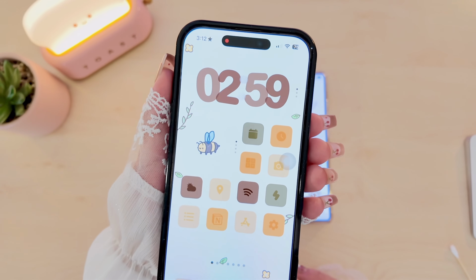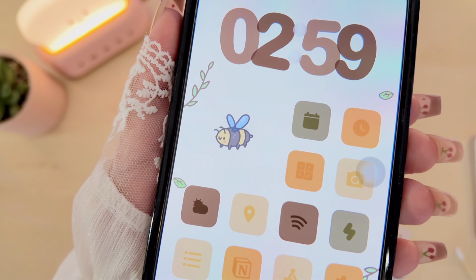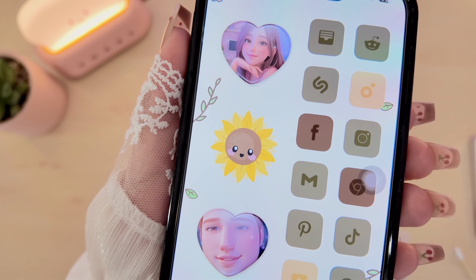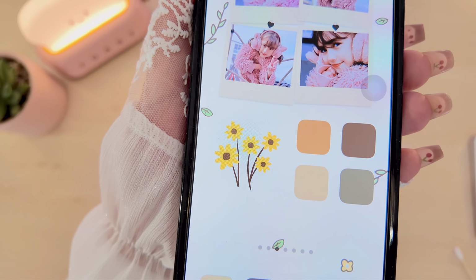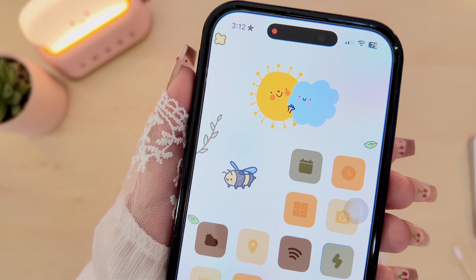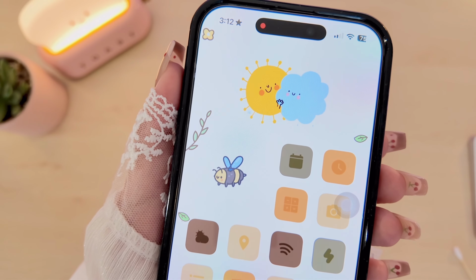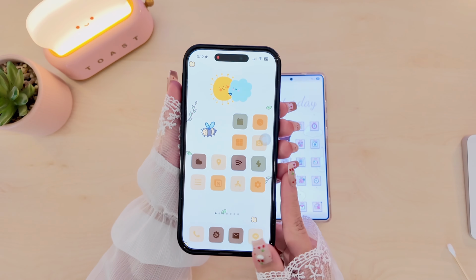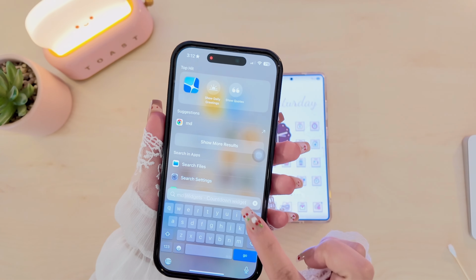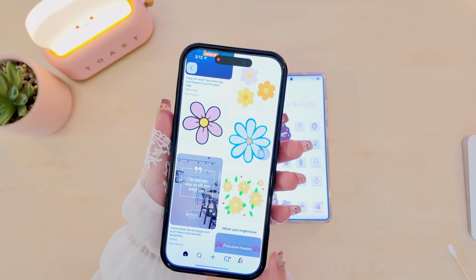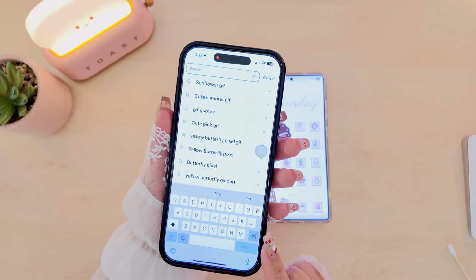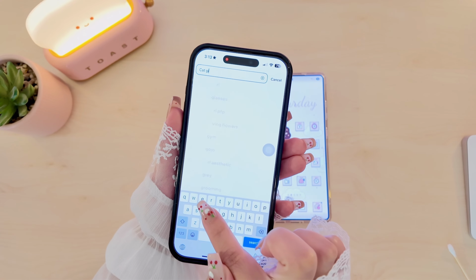So now let's move on to my iPhone. As you can see, guys, I have different GIFs here on my home screen, and they're all from Pinterest, and I uploaded them to my iScreen app. Sadly, this option is not yet available on the iScreen app on Android, but hopefully one day they will release the same feature. If you go to Pinterest and search for that specific GIF that you wanted to have,